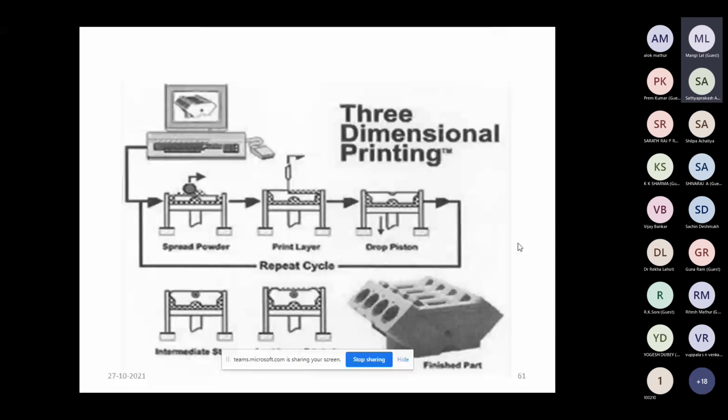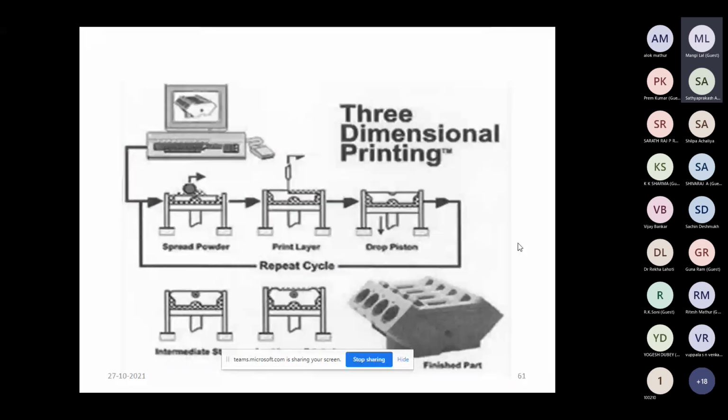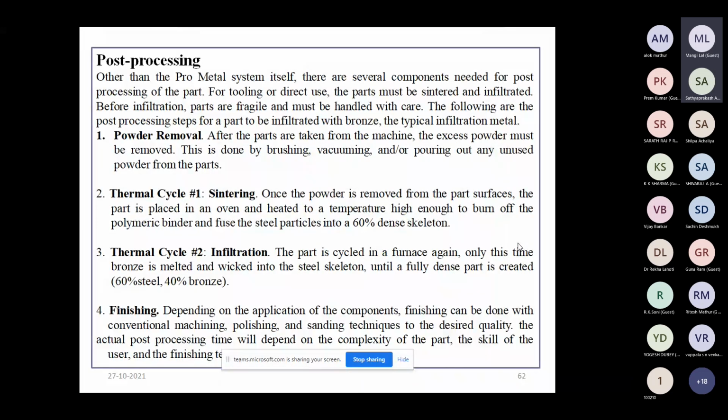If there is some powder sticking onto this green part, first of all we have to remove this powder through brushing or vacuum or pouring out. Then we have to perform thermal cycle 1, which is the sintering. So in the first process, we have to eliminate the polymeric binder from the steel powder.